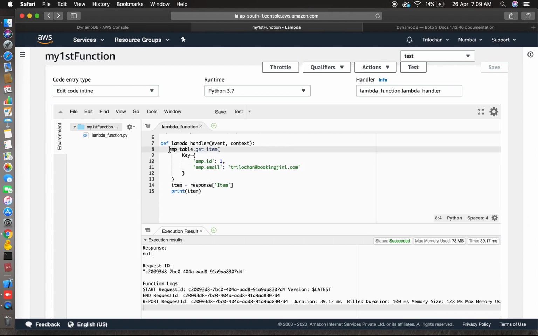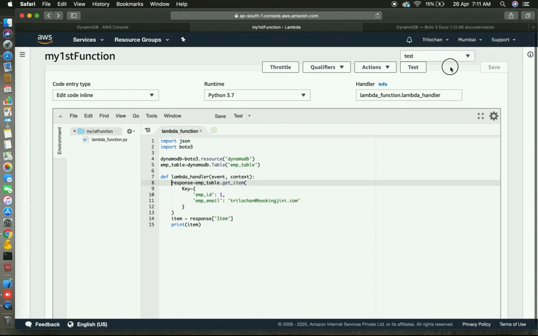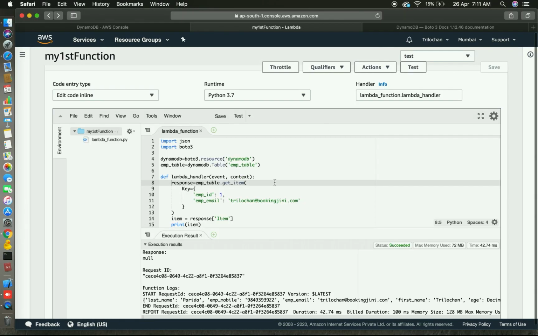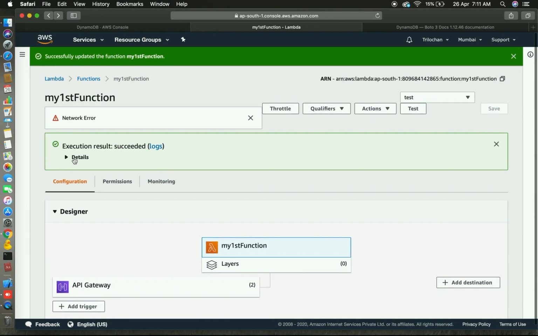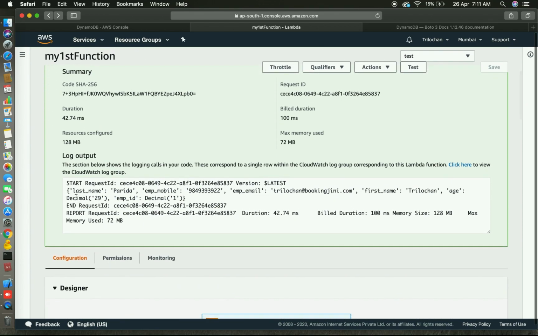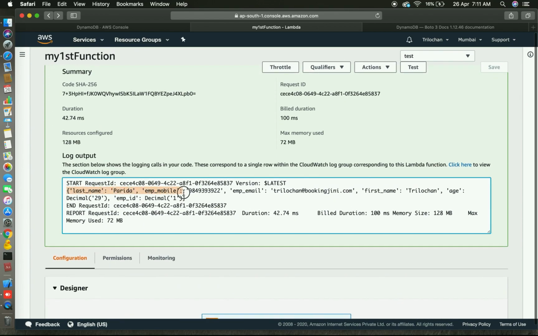Before that, you have to write response equals, then save it again, then test. Yes, it succeeded. Let's see. Yes, the data is printed here. So now this is the DynamoDB section.